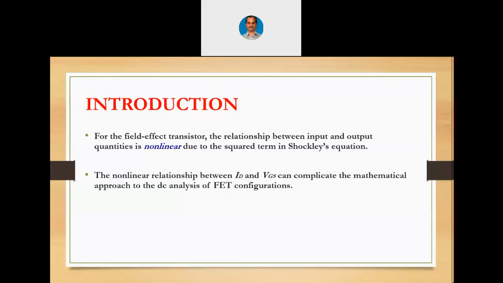We had already seen the graphical approach where we can plot a transfer curve on our own, taking 4 points. Now, using that graph, we can easily arrive at the VGS versus ID, and correspondingly we can find out VDS as well. So in case of JFET or even MOSFET, the graphical approach helps us a lot compared to the mathematical approach. But the problem is, because of the graphical approach, there can be minor errors in the calculations. That is the price which we pay for that. When we want the approach to be easier, naturally accuracy cannot be considered there. If we want complete accuracy, then we have to go for a mathematical approach, even though it is complicated.